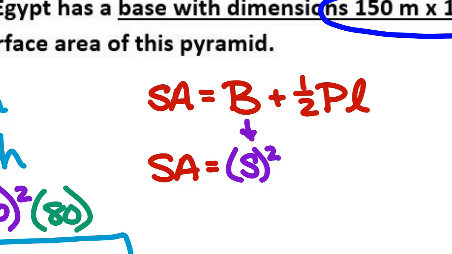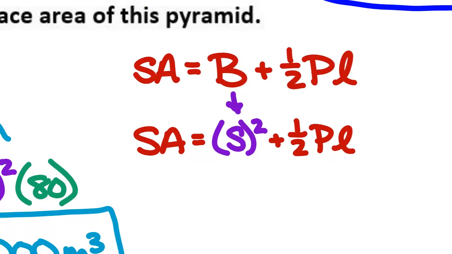For the flat shapes, no, you have to know those. I'll give you the formulas that are on that half sheet, but you have to know how to find the area of a square, a rectangle, a triangle, and a regular polygon. You have to know those. All right, sides are 150, so we have 150 squared